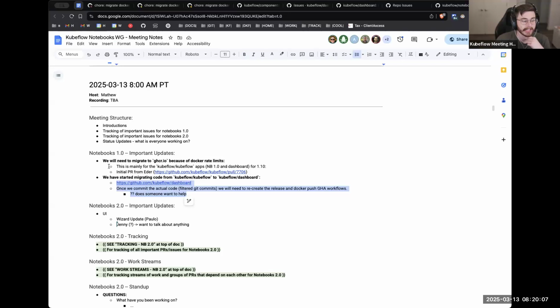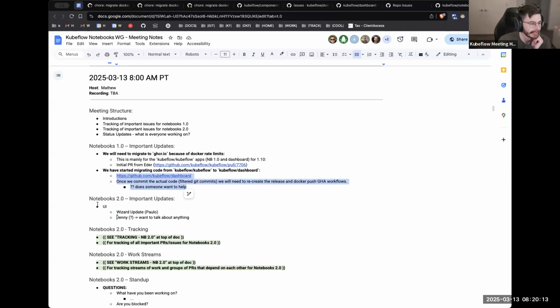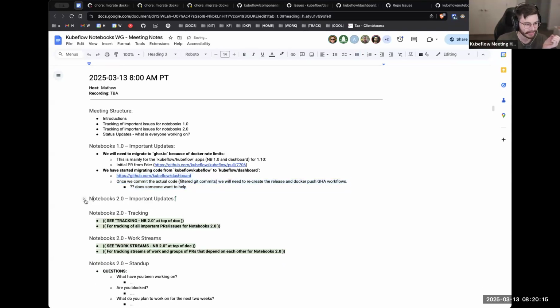So that's going to happen after we cut the 1.10 release. So the code for dashboard will be removed from the Kubeflow repo. Okay, sorry. Now let's go to 2.0. Okay, so